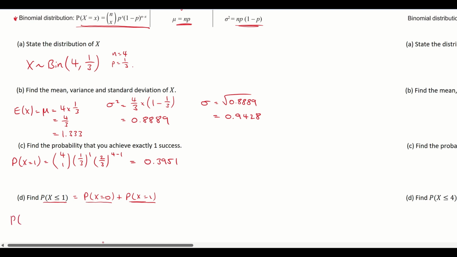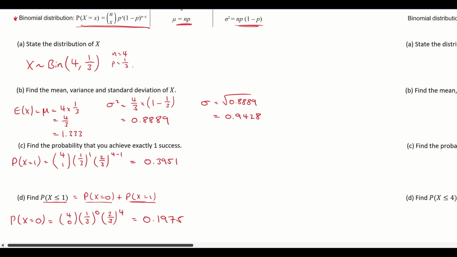So following the same formula, the probability that x is 0 is just equal to 4 choose 0, multiplied by my 1/3 to the power of 0, multiplied by 2/3. So that's your 1 minus a third, gives you your 2/3 to the power of n minus x. So 4 minus 0 is just 4. And your answer here is